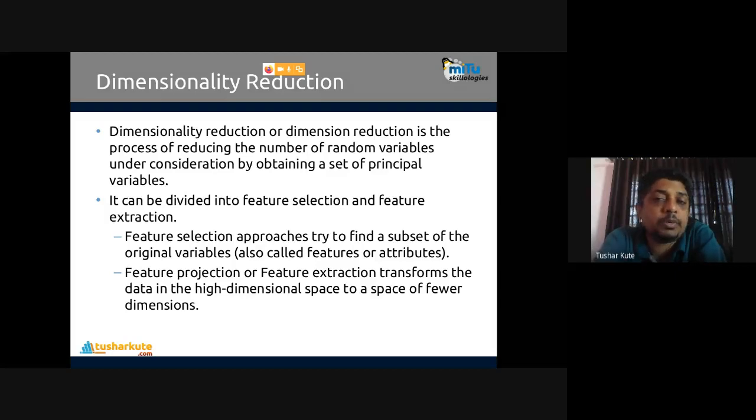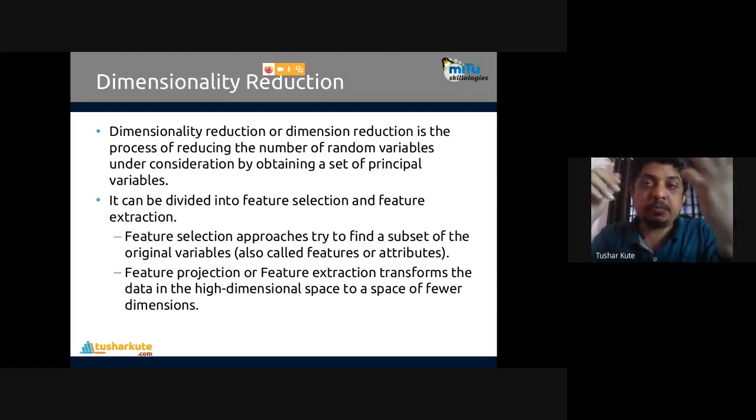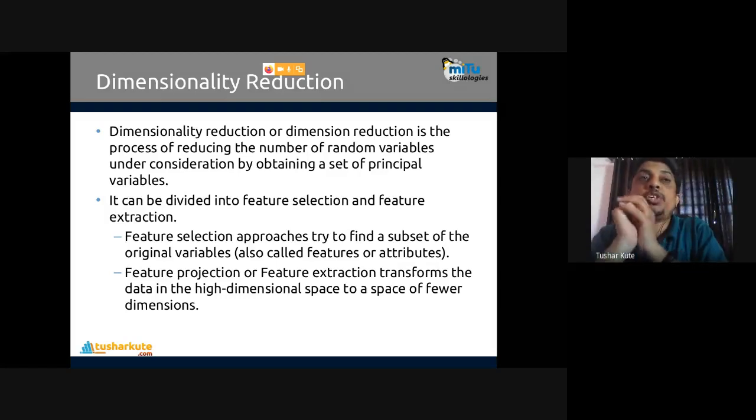Dimensionality reduction. What is that? Dimensionality reduction, or dimension reduction, is the process of reducing the number of random variables under consideration by obtaining a set of principal variables. Principal variables means, out of all the data, which particular variables have the maximum amount of information, so that the classifier can learn easily. A machine learning algorithm can learn easily.